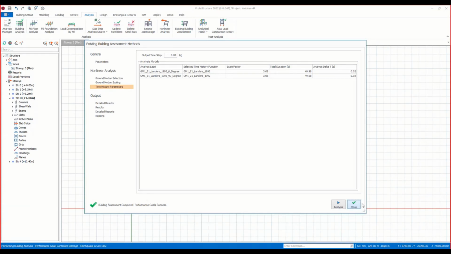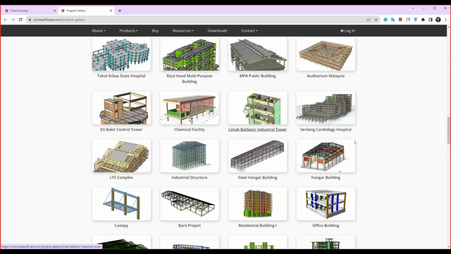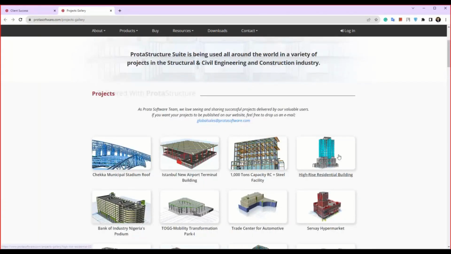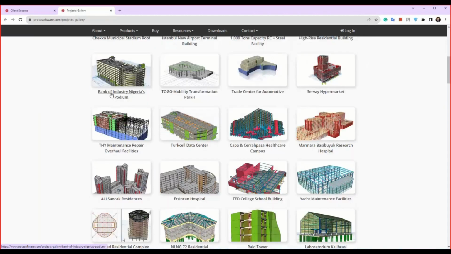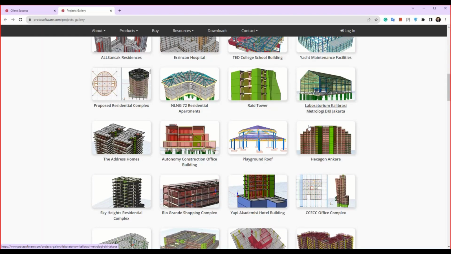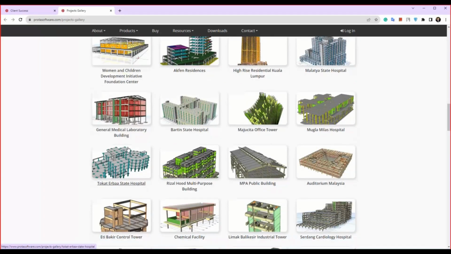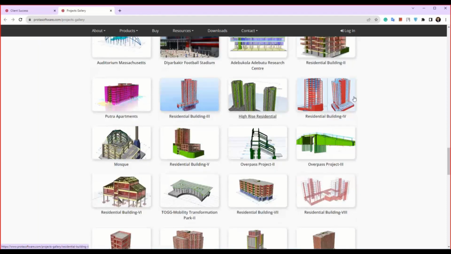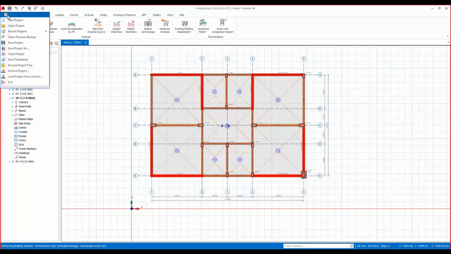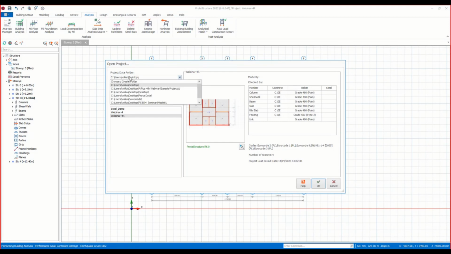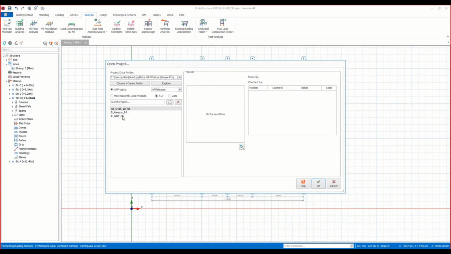So lastly, I would like to show some projects. You can also go to our website and check the capabilities of the software. Even high-rise structures or complicated projects can be modeled in here. So that's why I suggest you check these models. I would like to show also different projects from my database. For instance,